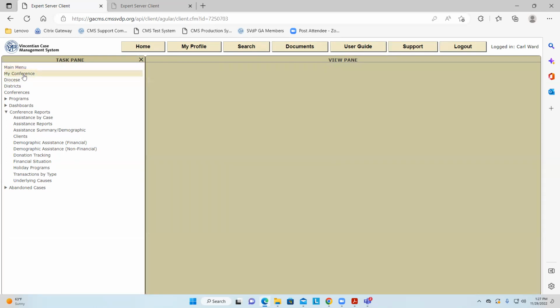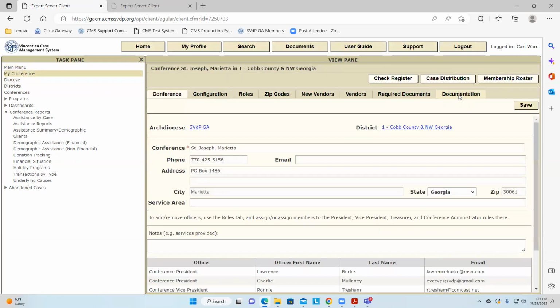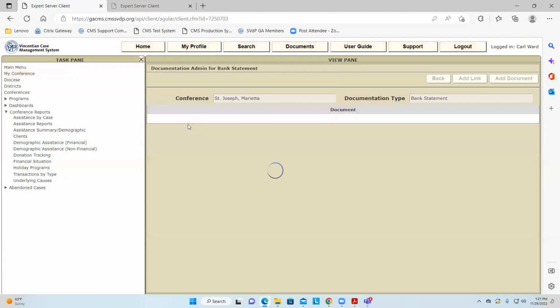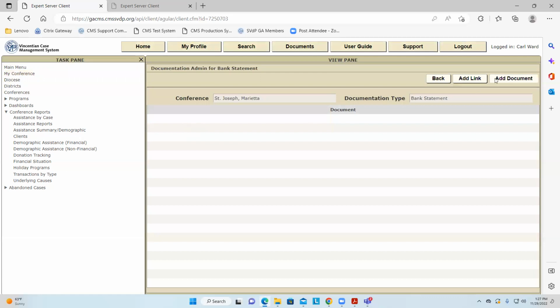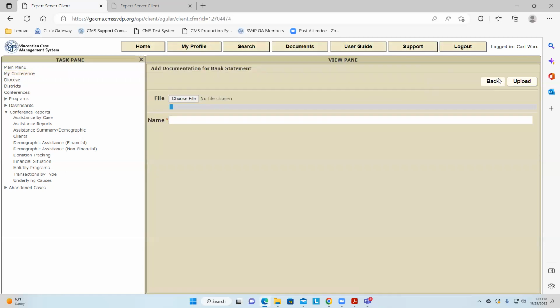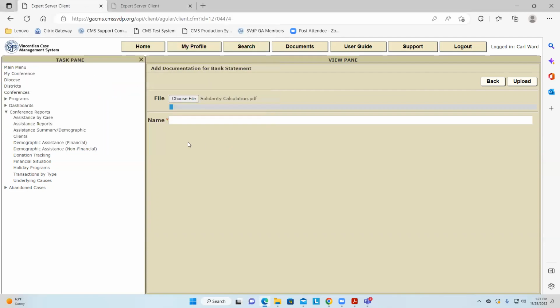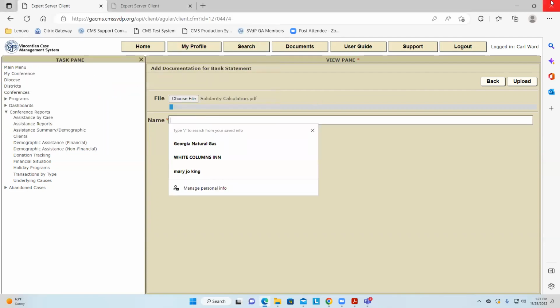You go over to My Conference, you go to Documentation, you go to Bank Statements, you add a document, you choose a file. I don't know what's out here. Is there a PDF that I can upload? Maybe the treasury FAQ, or the solidarity calculation. Pretend that's a bank statement, if you will. And then usually they put in bank statement.